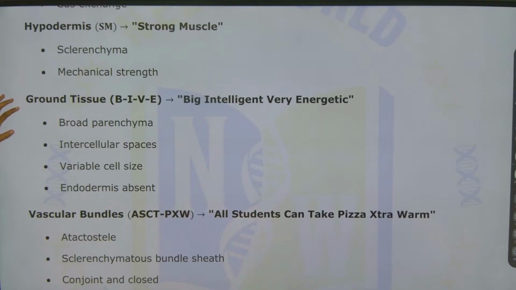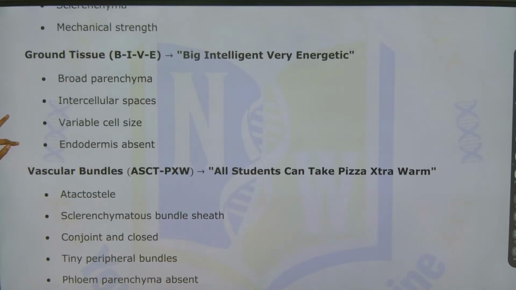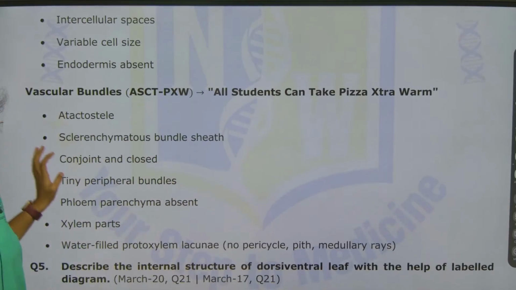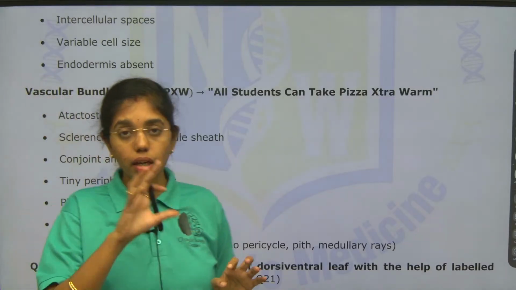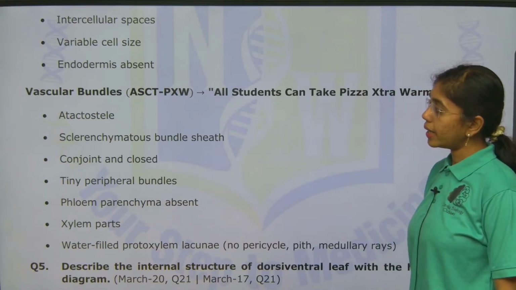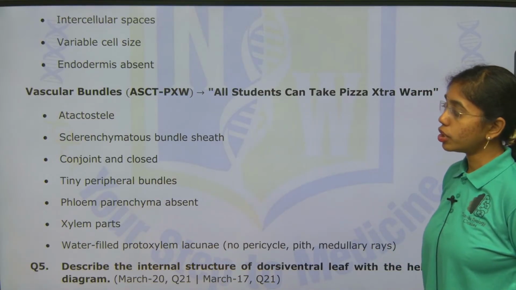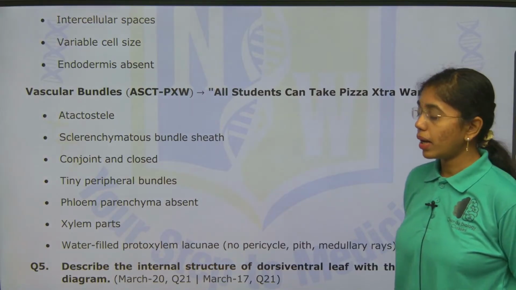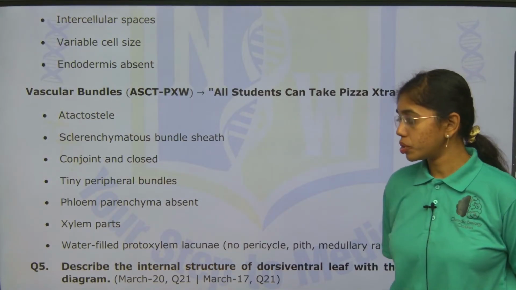Then big, intelligent, very energetic. Big parenchyma cells are present in the ground tissue. Intercellular spaces are present, with variable cell size, and endodermis is totally absent in the ground tissue. Vascular bundles are scattered in the ground tissue, which is the atactostele type of arrangement, and then sclerenchymatous bundle sheath, conjoint closed type of vascular bundles, tiny peripheral bundles, and phloem parenchyma is absent,